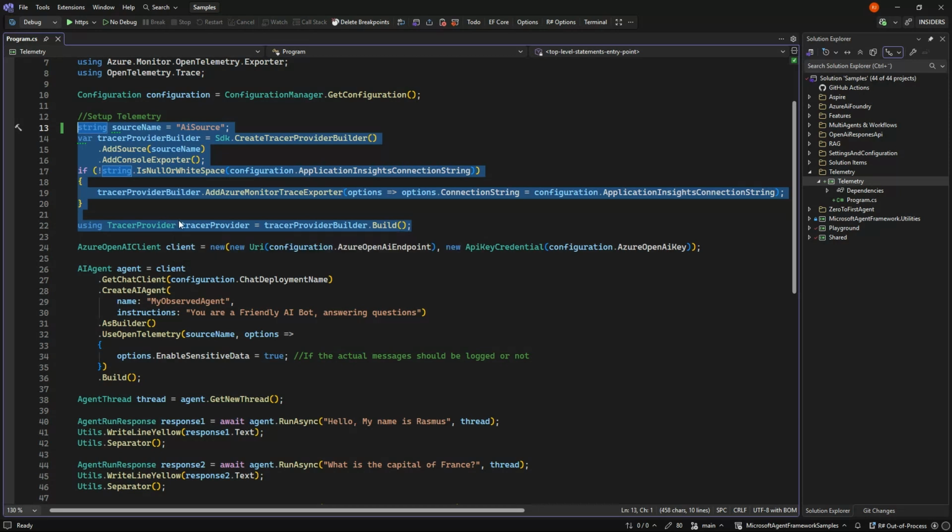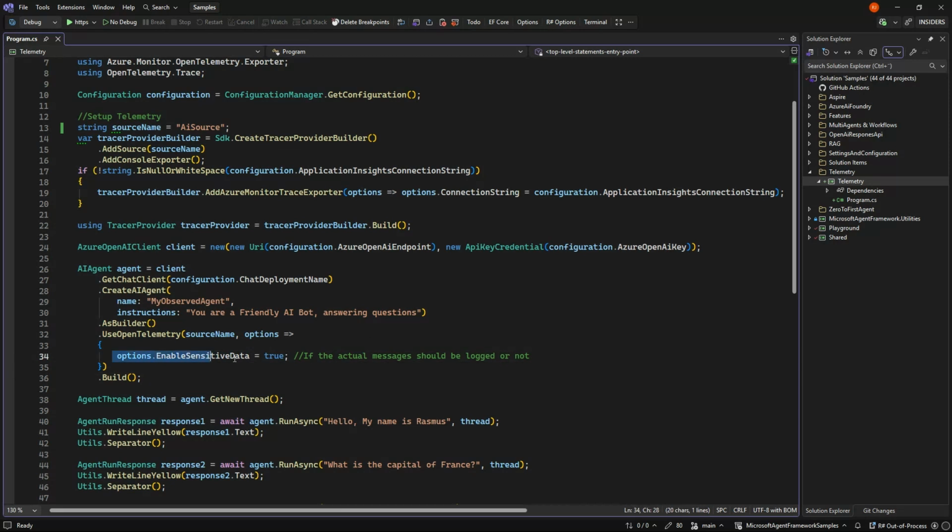And the only thing we need to do, rather than the normal things we do, is just say as builder, add the middleware of OpenTelemetry, where we give the source name. And then we need to choose if we want to enable sensitive data or not, meaning should the actual answers back and forward be there, or should it only be something about what is the model and how many tokens were used and such things, which is non-sensitive.